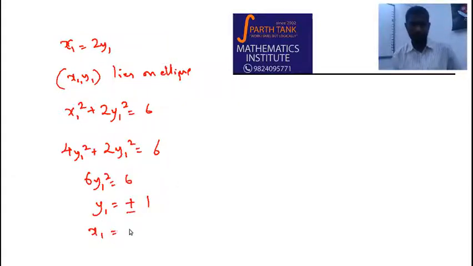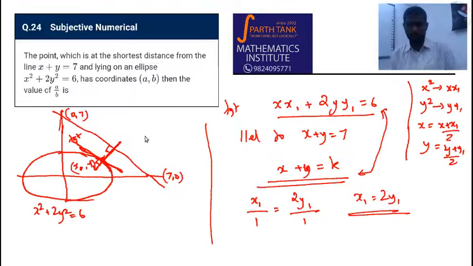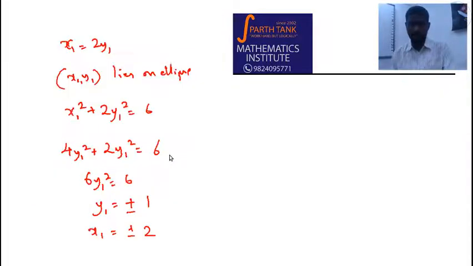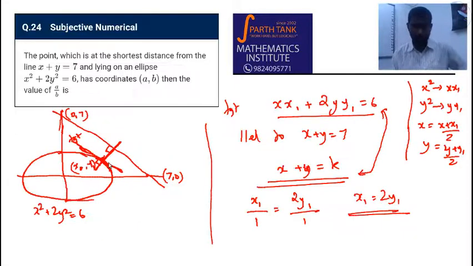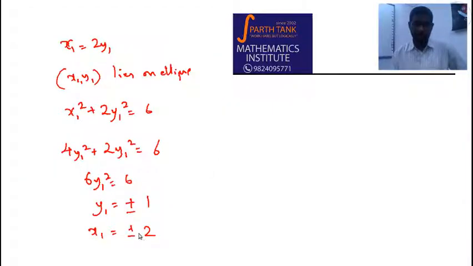Therefore x1 is plus or minus 2. Now plus or minus 1 would be here. So 2 comma 1 and 2 comma minus 1 basically are the points. 2 comma 1 and minus 2 comma minus 1 would be here. That would represent the farthest point possibly. Okay. So the point 2 comma 1 is at the shortest distance,